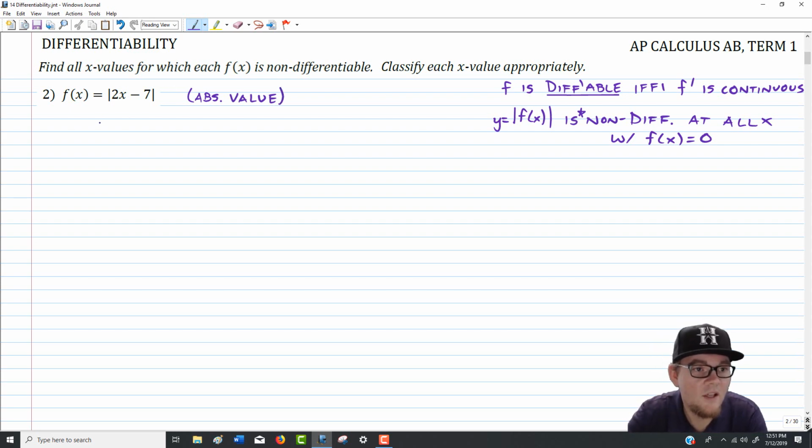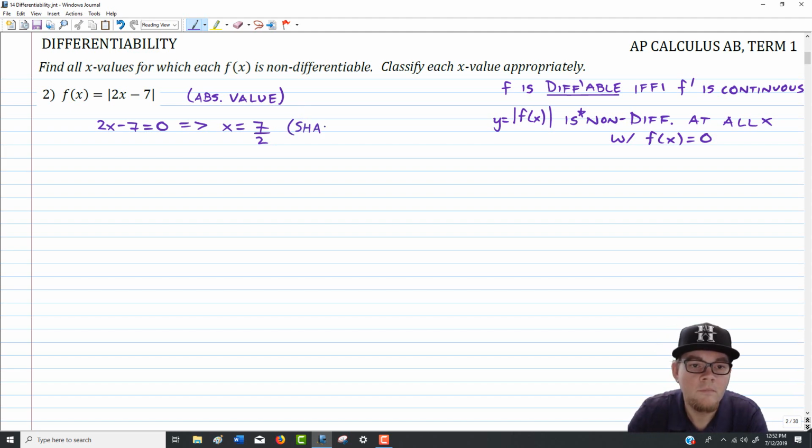As soon as I see that, that tells me that we're going to have a point of interest wherever the argument, which in our particular case is 2x minus 7, is equal to 0. Now that can quickly solve for us into x equals 7 over 2, or 3.5. And in particular, at x equals 7 over 2 on absolute value functions, we have what we call a